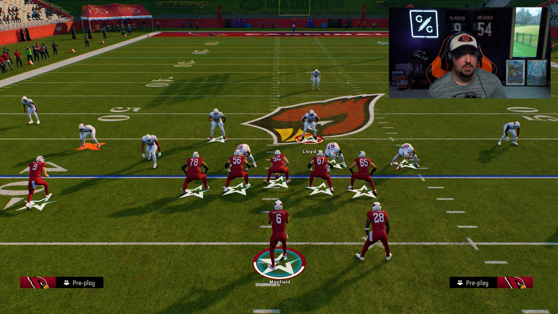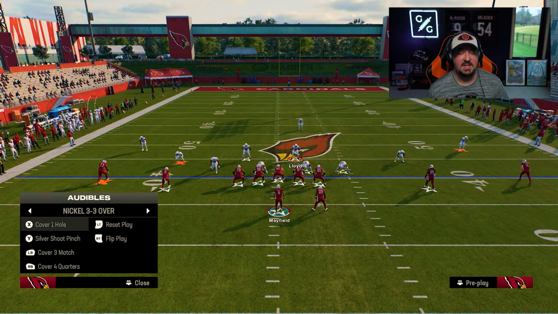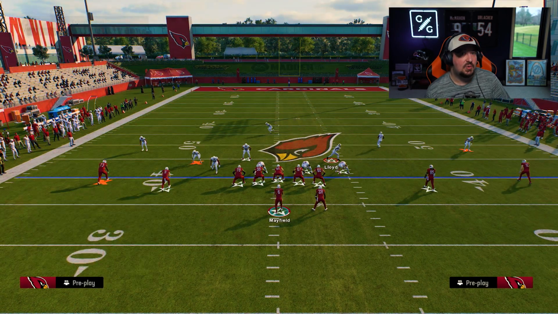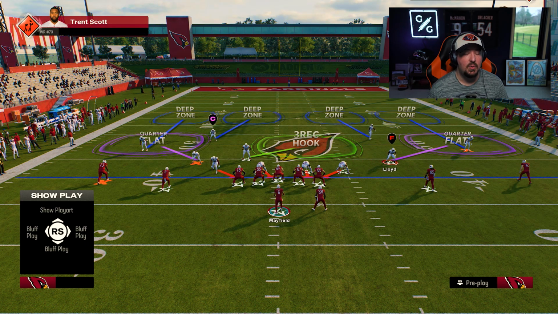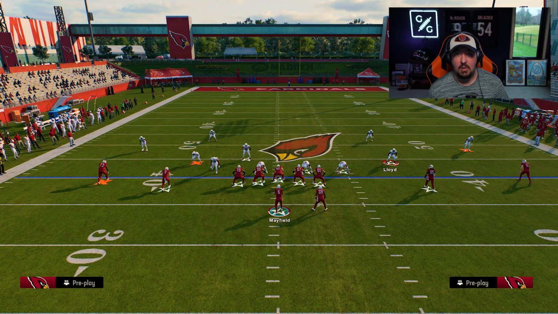It also, for what it's worth, makes defending the running back out of the backfield very, very tough in this regard. So let's go ahead and contrast that against the cover 4 quarters, where we're going to see a completely different rule set for our